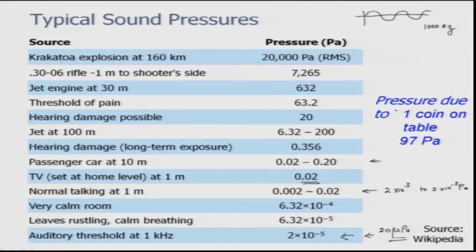An extremely loud noise, let us say associated with a jet engine, could be 6.32 to 200 pascals. Okay. And if I get closer to the jet by a factor of 3, so here I am 100 meters away, now I am only 30 meters away. The same jet, because I am closer, the pressure fluctuations near my ear will be higher, they will be something like 632 pascals. So, the point I am trying to make is that the range of sound pressure levels